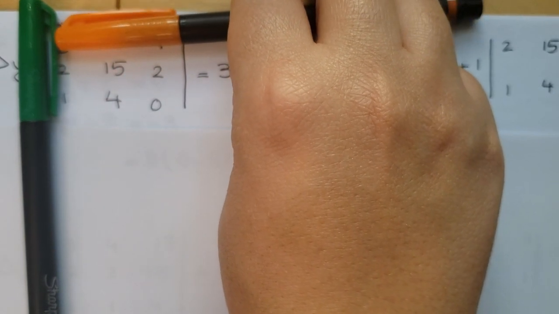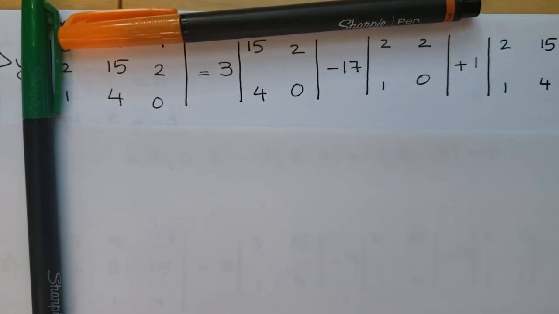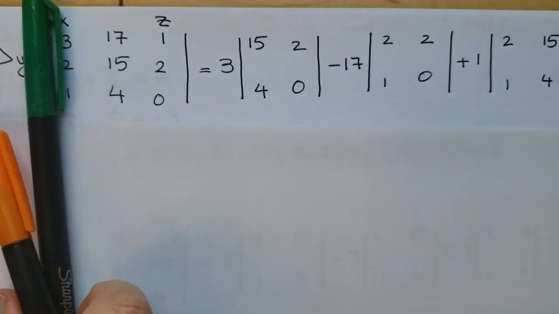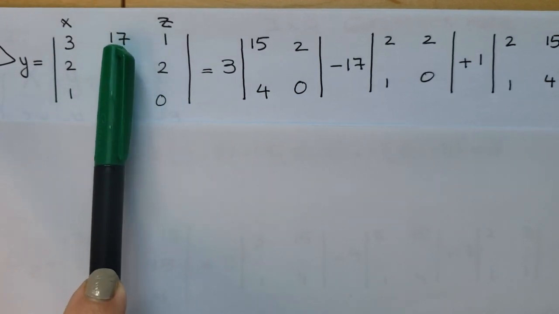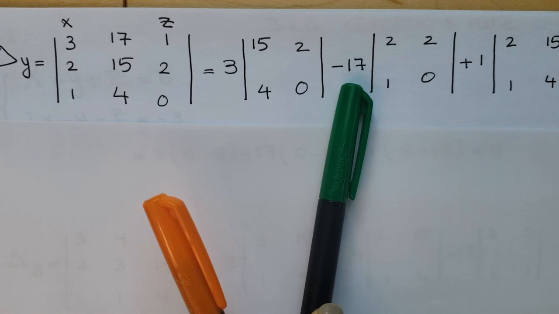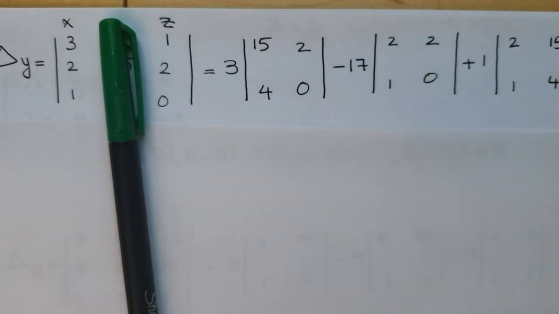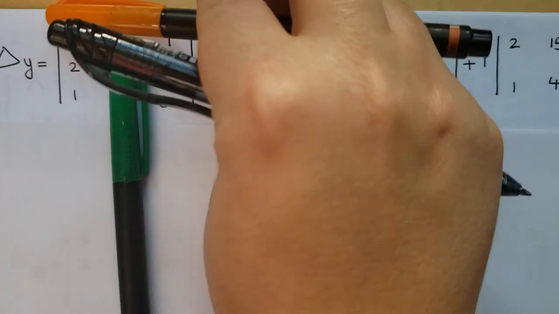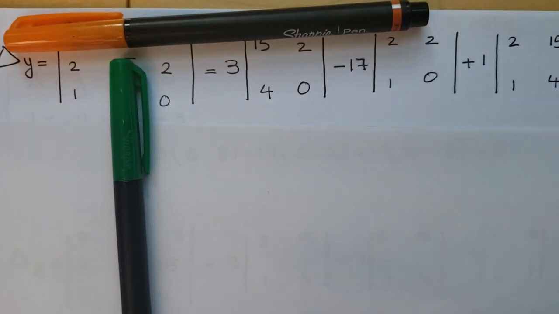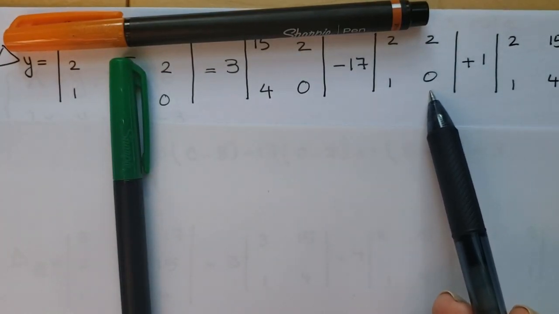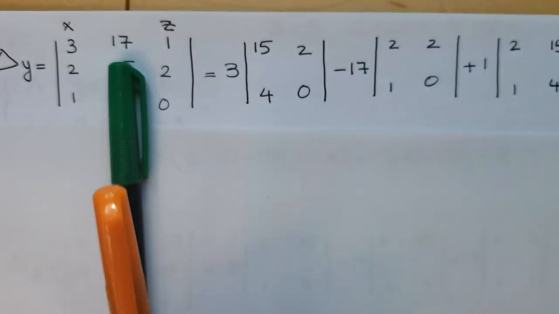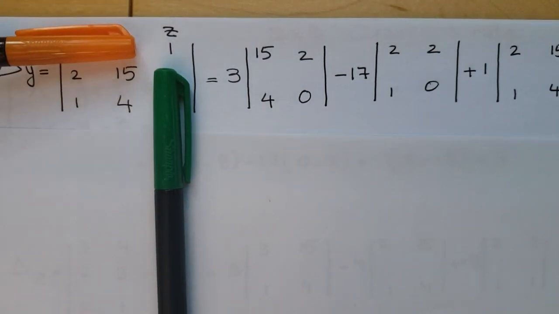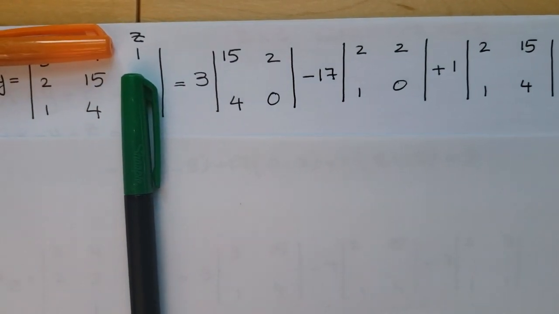So I would be left with, let's see, 15, 2, 4, 0. Perfect. Now the second main element would be 17, which always comes with a negative sign, so it's negative 17. So again, the second column and the first row would be eliminated, so I'm left with 2, 2, 1, 0. And then for the third main element, which is 1, this column and this row would be eliminated, so I'm left with